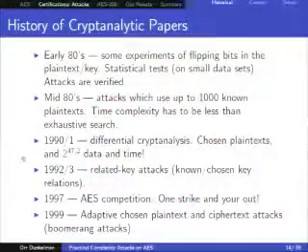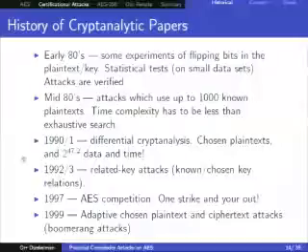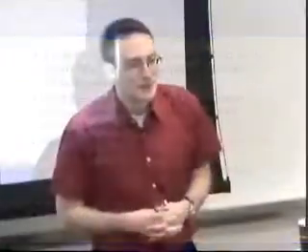So how did we get here? Okay, here's a bit of an overview of what happened in cryptanalysis over the years. In the early 80s, when cryptanalysis just became an academic research field, people looked at ciphers and would twiddle bit number 5 and see what happens in the ciphertext. They would take an encryption function, flip a bit, and wait to see how many times, when you flip bit 5, bit 6 of the ciphertext is flipped.